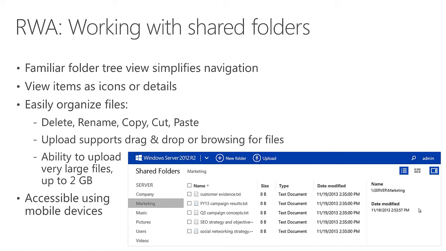You can upload files individually. You can drag and drop a whole bunch and drop them on to the interface. You even have the ability to upload very large files, up to 2 gigabytes in size. Basically you get an experience for interacting with the server through your web browser in a way that's very comfortable